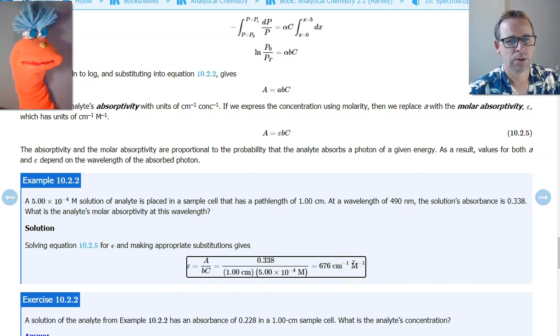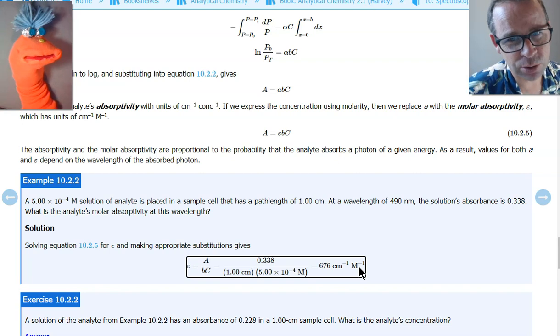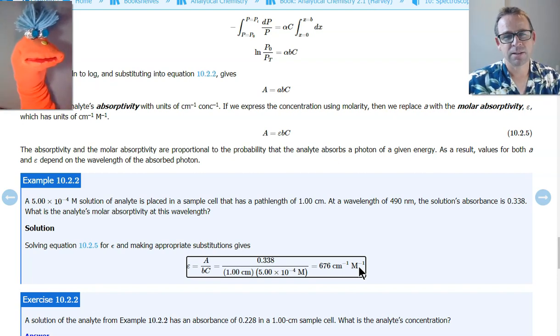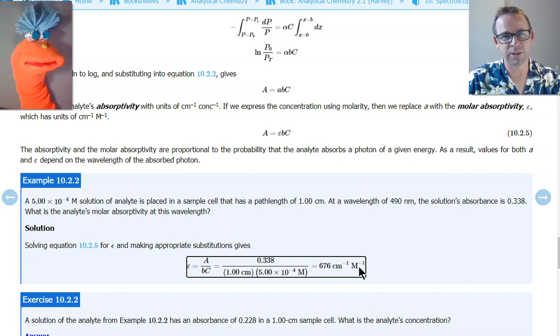You see that? What does that mean? Well, the extinction coefficient essentially is saying how much light a 1 centimeter sample would absorb if its concentration were 1 molar. Now, you're not going to see a 1 molar solution ever placed into a spectrophotometer because that's a very high concentration, and Beer's law only works with dilute concentrations. Now, it could be that the extinction coefficient is really low, and therefore you do need a high concentration like that. But if you don't have a good absorbance of light, then you don't want to use spectroscopy. You want to use some other technique to measure the concentration of it, right?